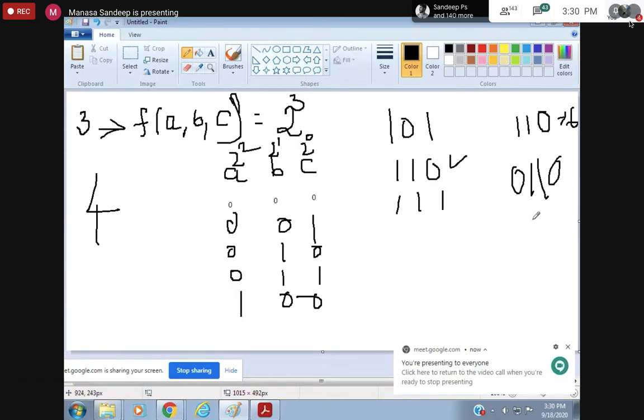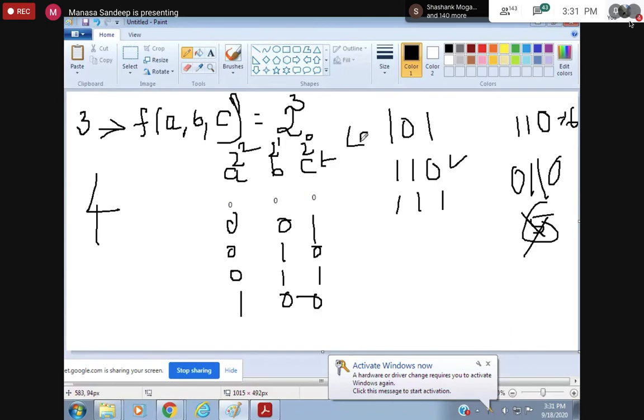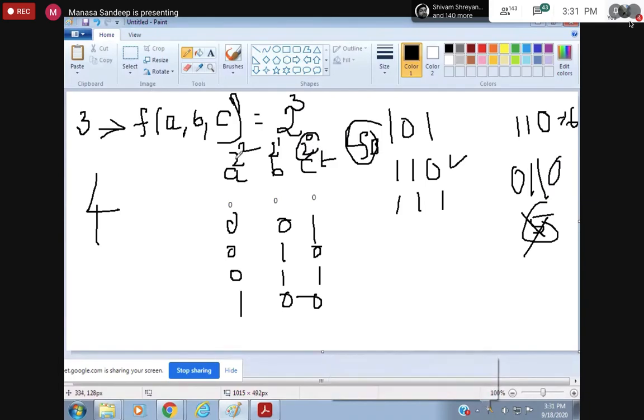We don't deal with 5 bits in our syllabus, so let's forget this one. You should know how to represent 4-bit binary numbers. That is what I'm expecting. Got it? One more thing you need to know here: this 2 power 0 bit is called the LSB, least significant bit. This is the bit that has the least weightage. This is called the MSB. You will also study this in your computer organization subject, so you will know it very well.